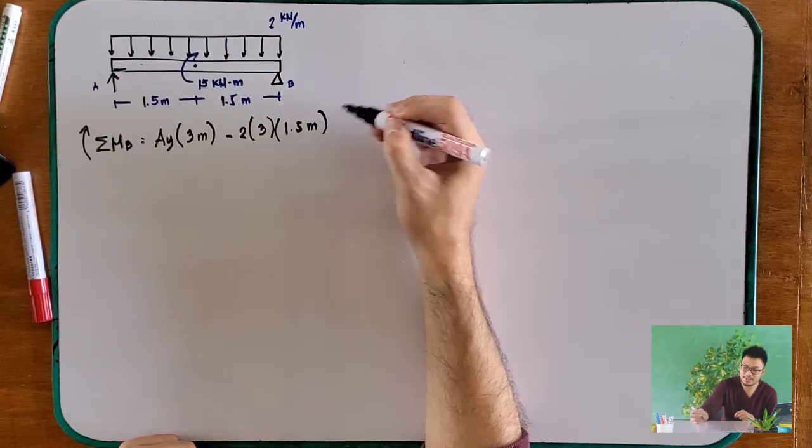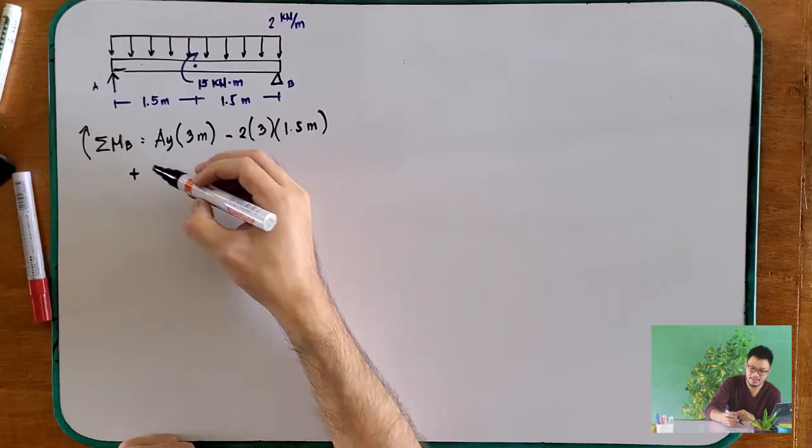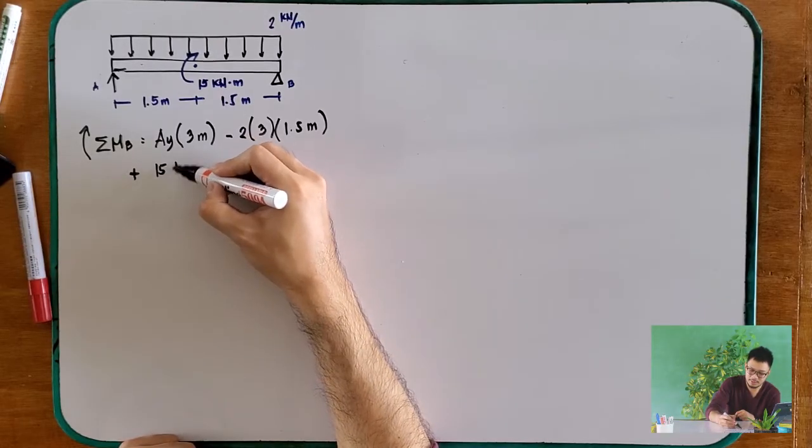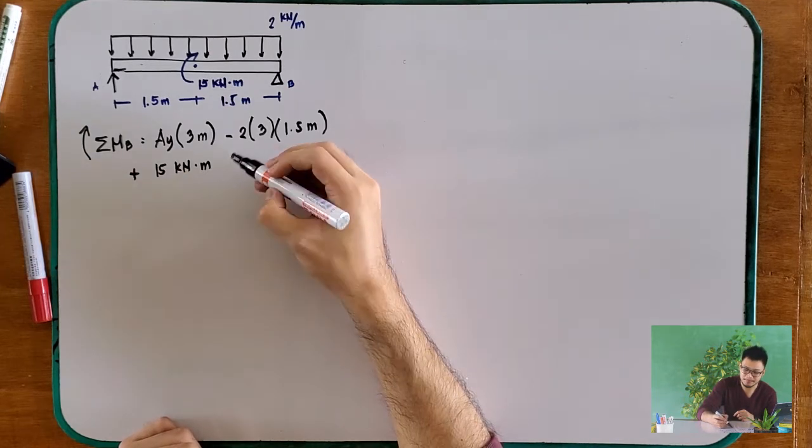meters. Okay? And then, take note, we have a concentrated nga moment. So, let's include it there. Plus 15 kilonewton meter. Do we have to multiply a moment arm again? No, because this is already a moment. Okay? Kung force na siya, then you should multiply a moment arm. But since, again, this one is a moment, then you don't have to. Okay. So, answering this one, you will have an answer of